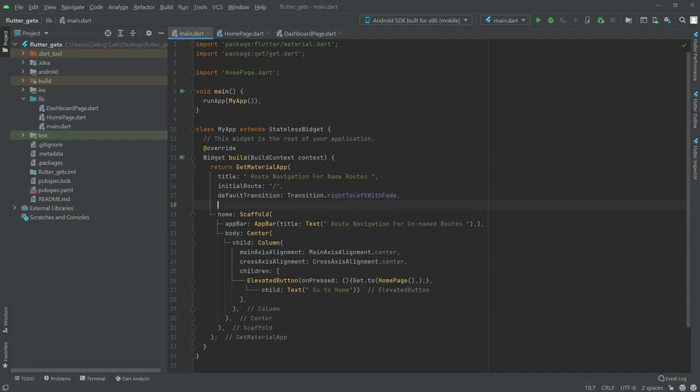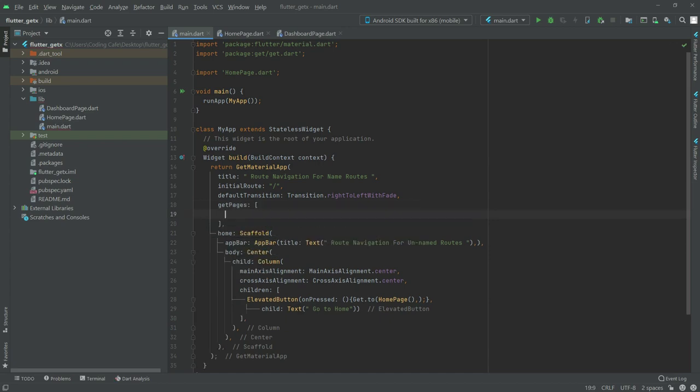After this we will have a get pages attribute, and in there we will have an array, and in the array we will have the different routes. Right in here, get pages, and in here write GetPage.